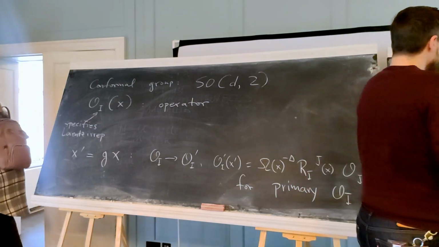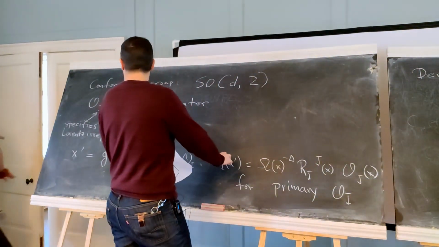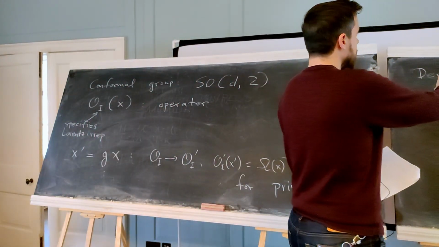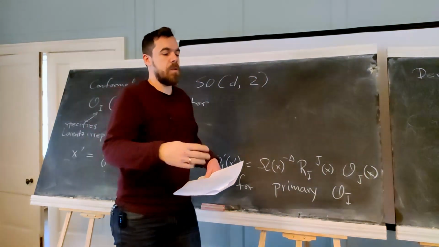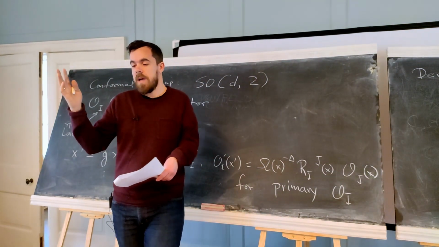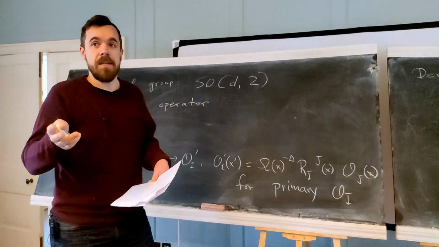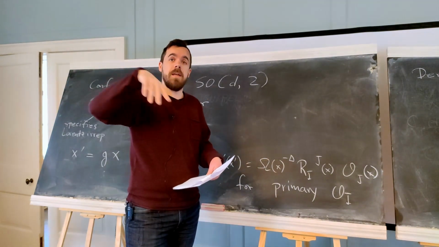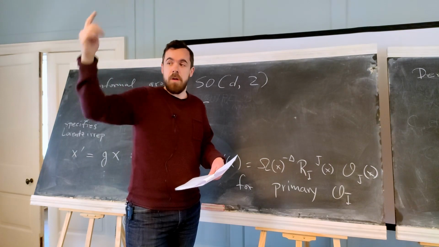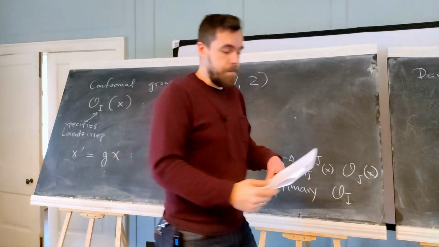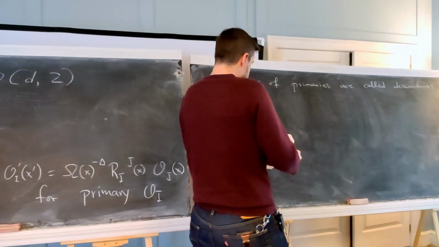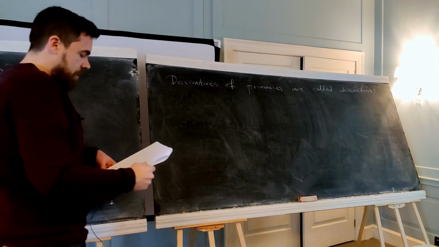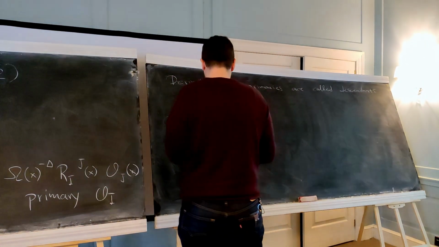So there are different ways to define what a primary operator is. We'll see more later. But anyway, the key point from here is that one can think of operators in a CFT in a way that you don't have in regular quantum field theory, where you have an operator sitting at the bottom of some sort of multiplet, and that multiplet has at its bottom this primary operator, and then all the other operators in the multiplet are generated by acting with derivatives on that primary. Okay? Very good. In that sense, we understand the primaries as the more fundamental operators in the quantum field theory, and now we need to understand how they are constrained by the conformal group.